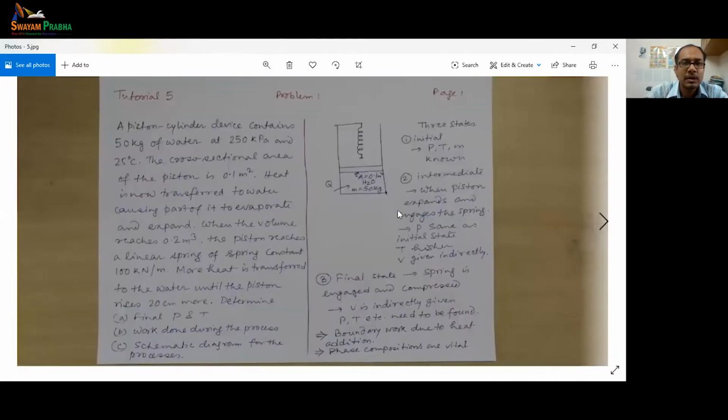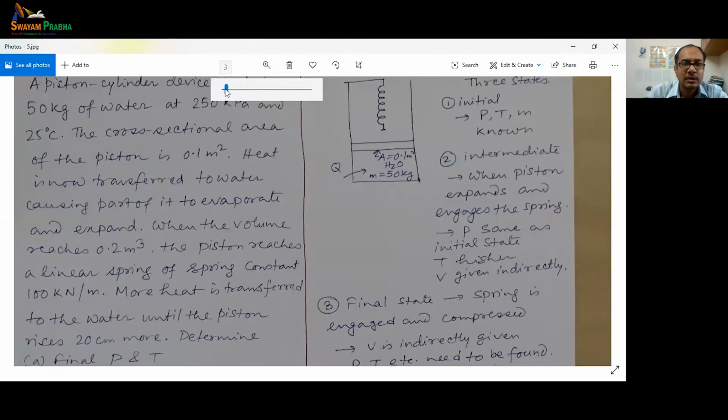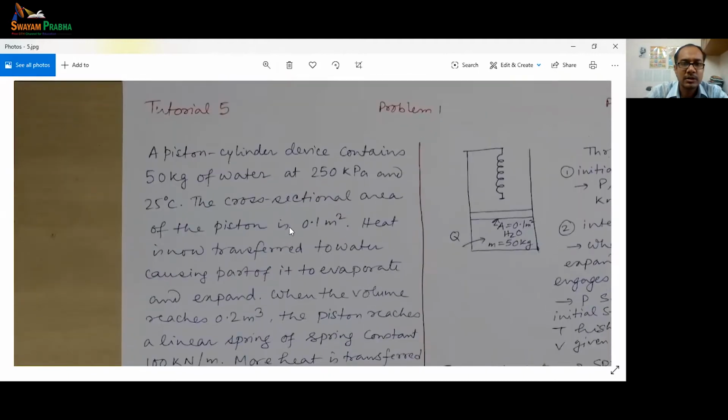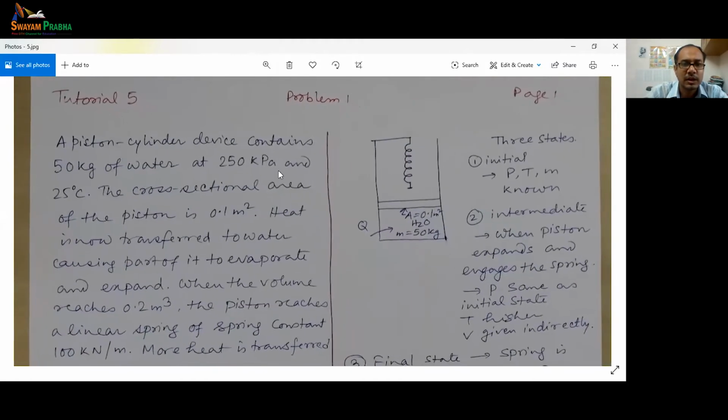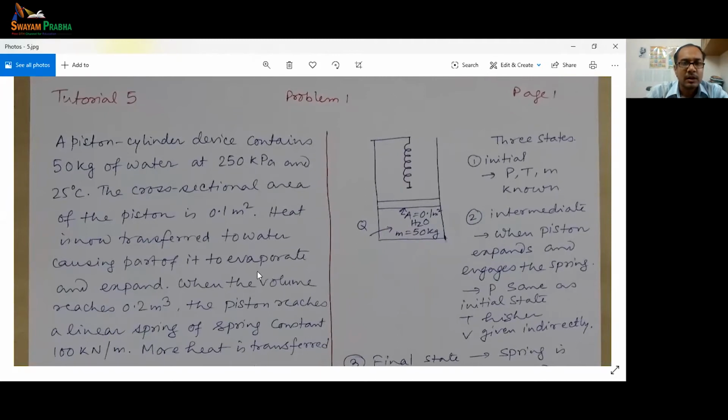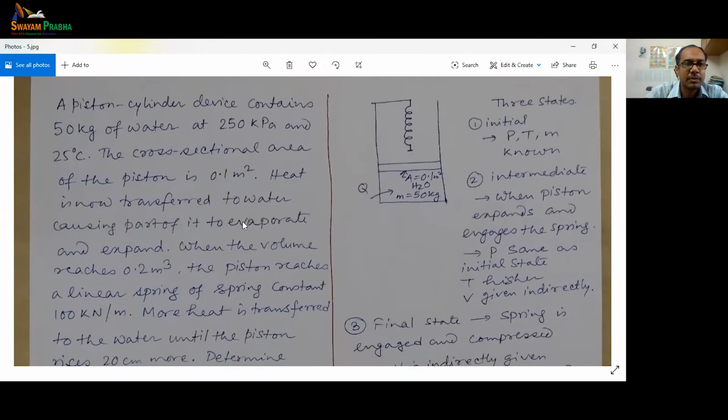Okay, so let me zoom this a little bit. Just like earlier tutorials, you have seen my procedure that I'll show you where to look through this cursor. So please try to follow that cursor. Okay, so first problem, what is the statement of the problem?